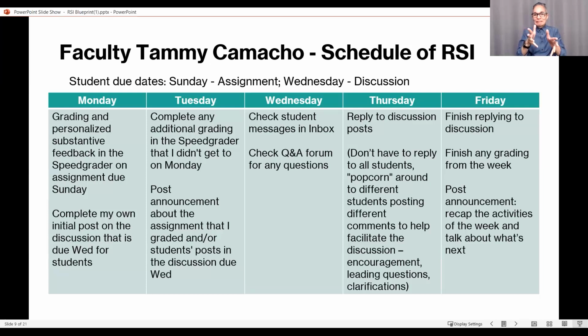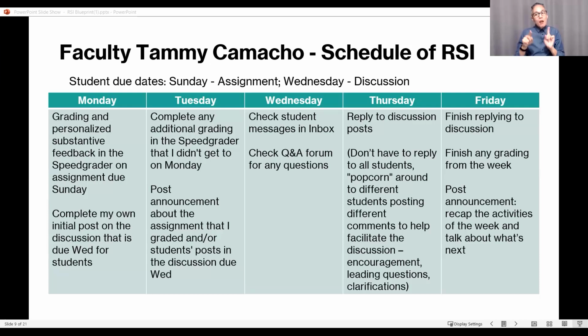She's got the same schedule going, which makes it easier for her to follow. If she has multiple courses, she might want to adjust the due dates slightly so she's not grading everything for all of her classes on, for example, Monday morning.